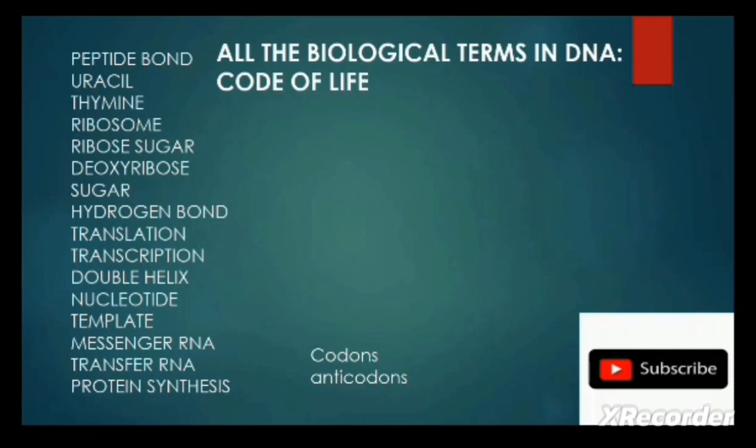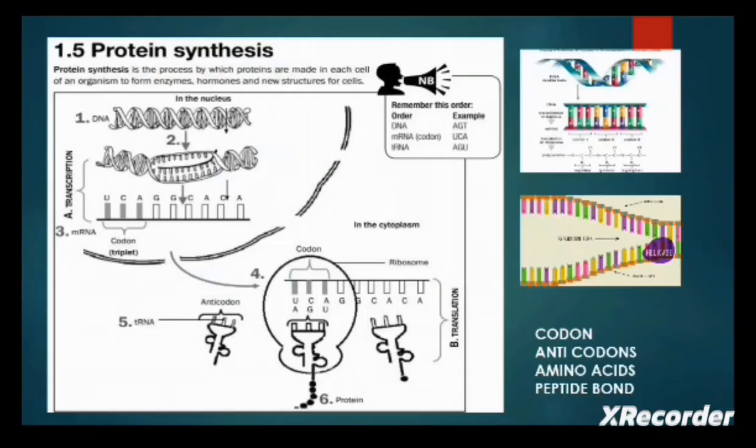Transfer RNA is the tRNA we talked about. Protein synthesis is the whole process. Codons, we talked about codons. They are the base triplets on the messenger RNA. Anticodons, the base triplets on the tRNA. So this is how the process is going to be drawn to you. They might draw it this way and ask you questions, and I will answer